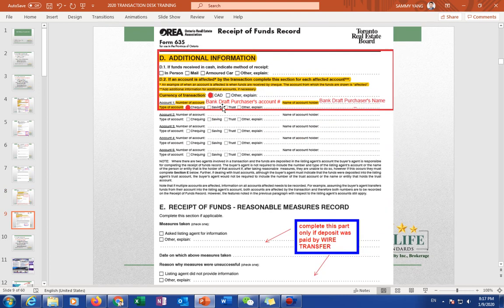The purpose is deposit, so there's no question for the first page. But for the second page, lots of people have problems. Make sure you fill out D2 completely and correctly. Lots of agents have been told by the deals department that D2 is wrong. You have to refill the information. So make sure, if you represent the buyer, when the buyer goes to the bank to prepare the bank draft,